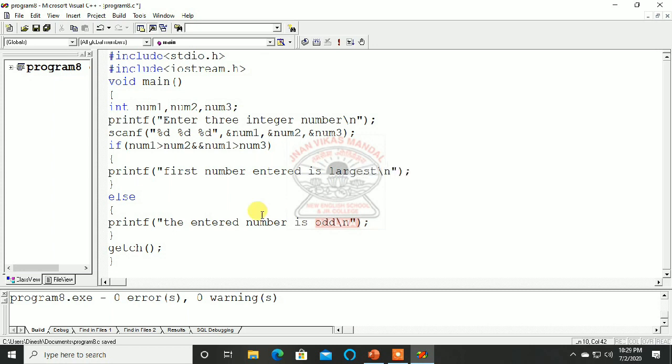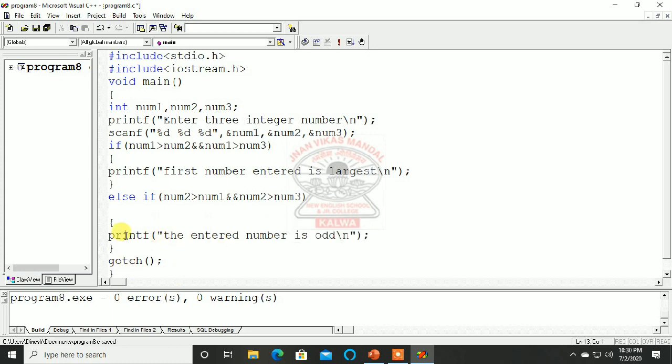Okay, so whichever number we entered first, that will be largest. Now we have to check for number 2. Again here I have to use else if number 2 is greater than number 1, and, of course, number 2 is greater than num3.